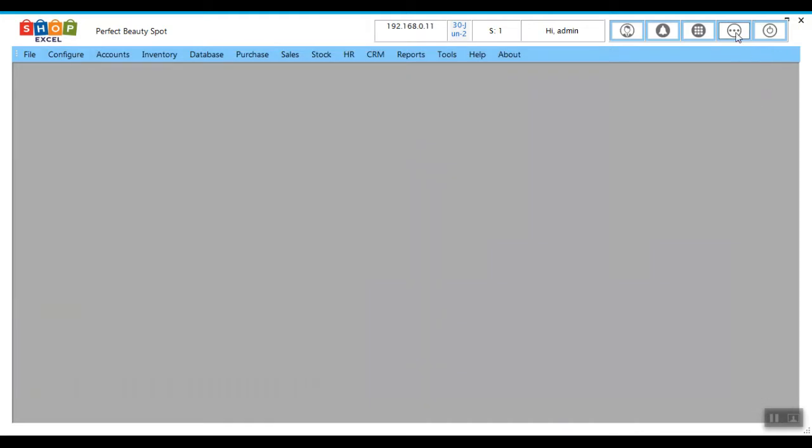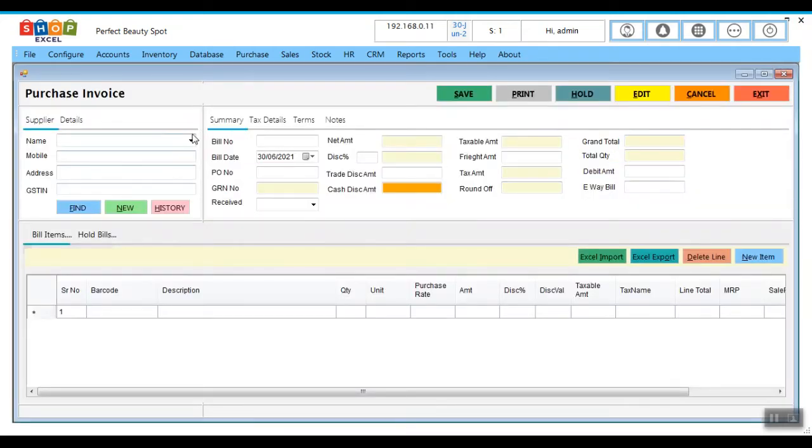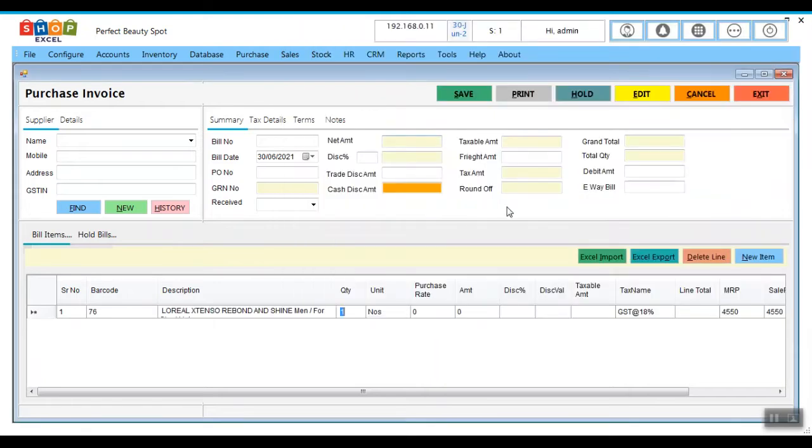Then if you want to enter the purchase, you can go here, select the supplier, enter the products which you are purchasing, I mean the products which are purchased from the vendors for your saloon purpose.